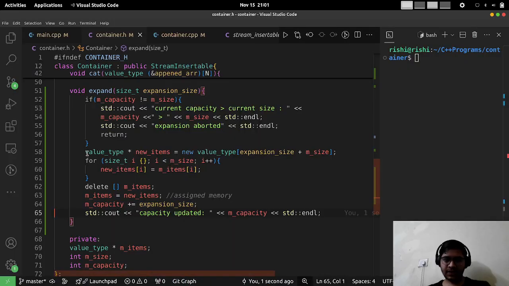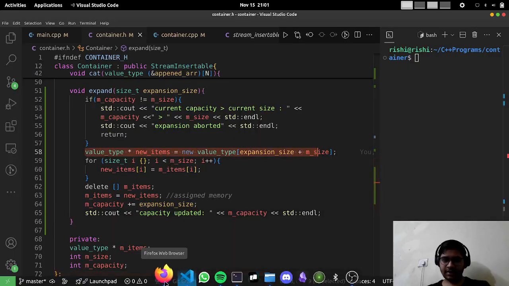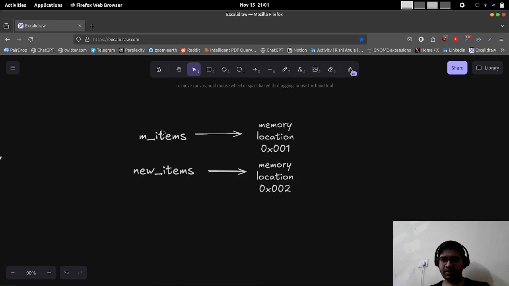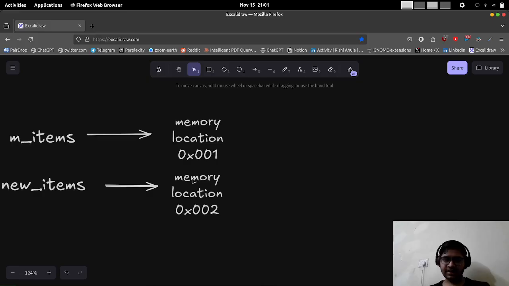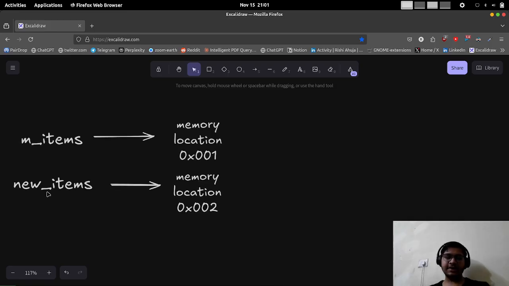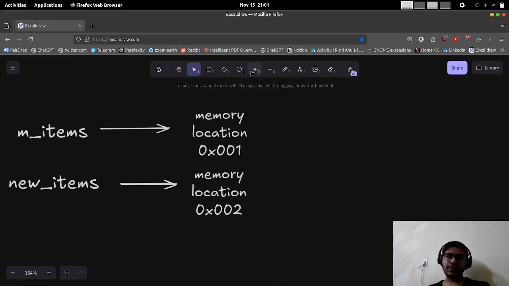At this line we created a new memory here, which is larger than the contiguous memory. The contiguous memory is certainly larger than this one because we are adding something in the memory size. And then the best part is we can